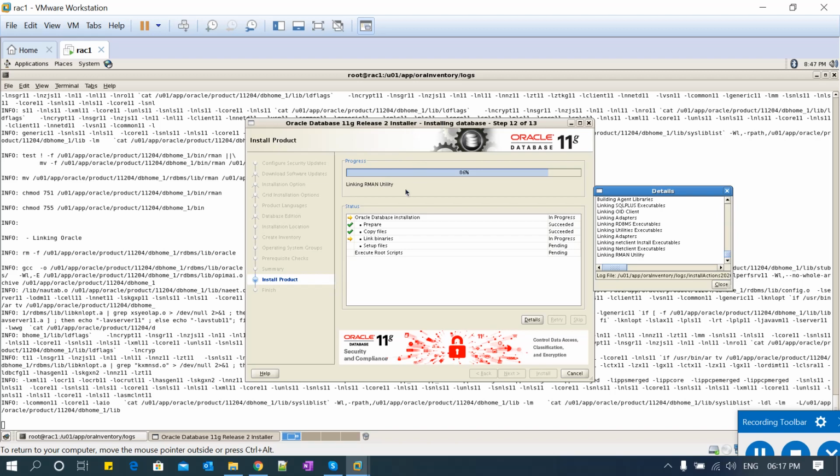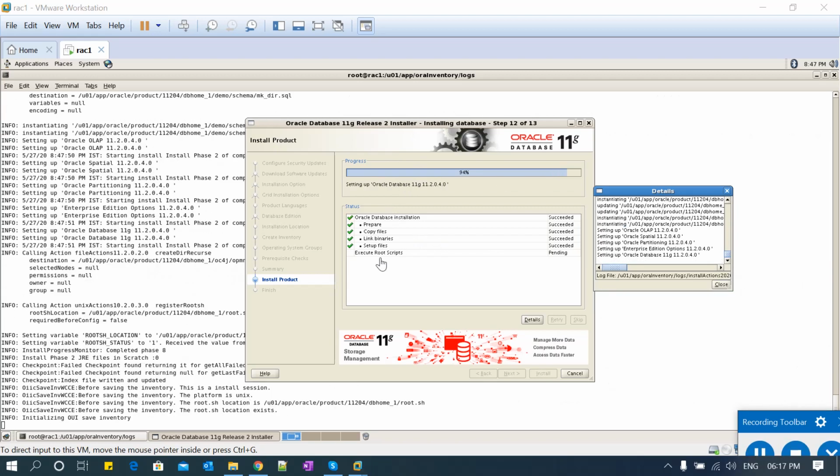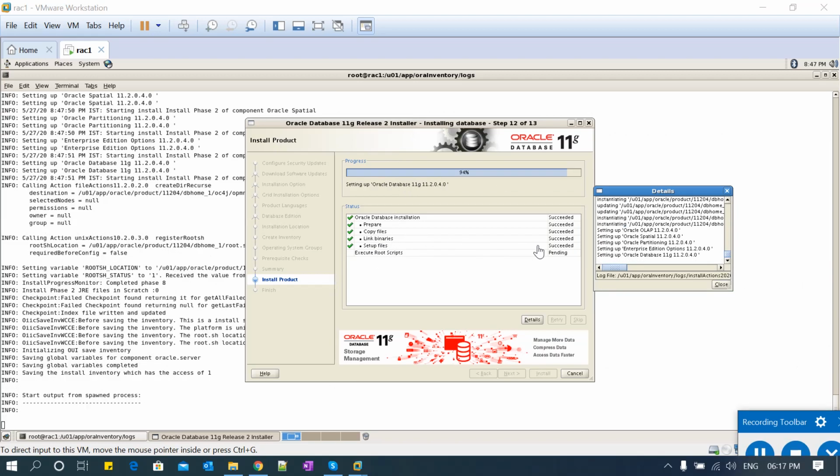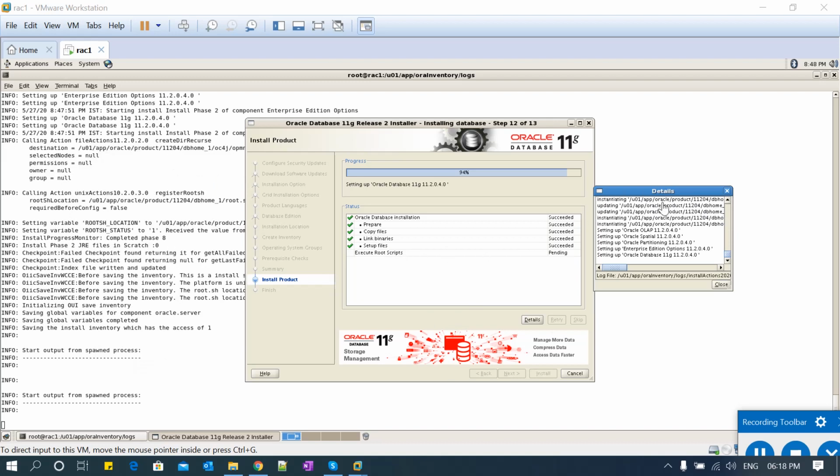Right, so now linking Oracle utilities. Yeah, linking Oracle home is done, and then setup files succeeded, and now executing the root files. Okay, so here the executing root files will launch.